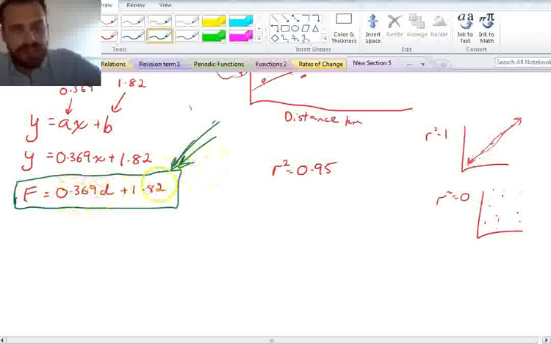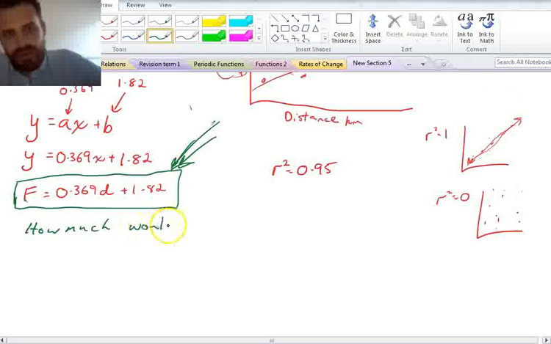Now this equation, I can't express how important it is, how useful it is, and how much this sort of calculation gets used in real statistical analysis, real world stuff. So for instance, there's two types of questions you can answer with this. One of them is very, very easy. The other one takes a little bit of algebraic manipulation, I guess. So the first easy one is, how much